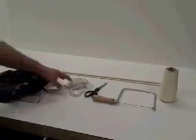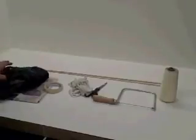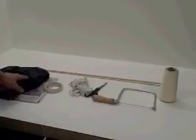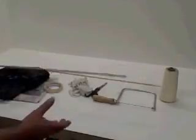Some masking tape, some pieces of cloth cut like this into strips, a plastic bag, or newspapers. And these will be the actual body of the kite. I'm going to use a plastic bag for this tutorial, but you can use newspapers too. I'll show you how to build this kite, but the first thing you need to do is take your pieces